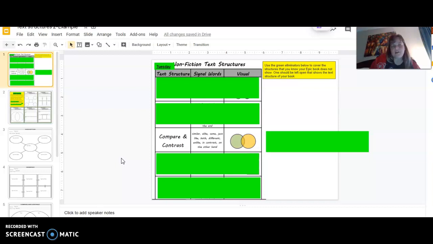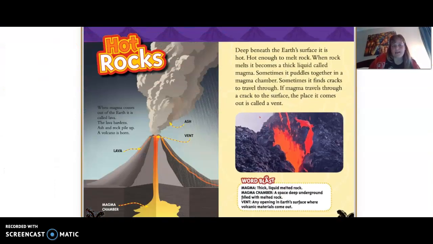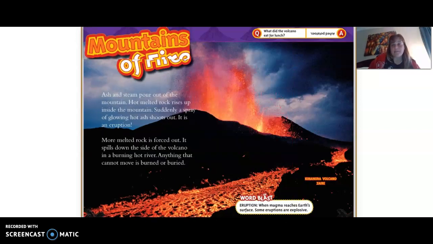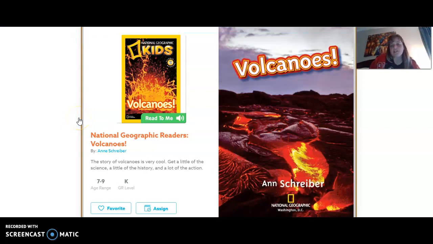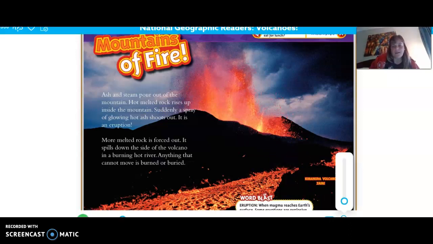Yesterday, where we left off, we had read a book about volcanoes, and our learning target was: I can identify the text structure of a book that I'm reading. Our success criteria is being able to fill in an organizer about the text structure that we identified from yesterday. So,